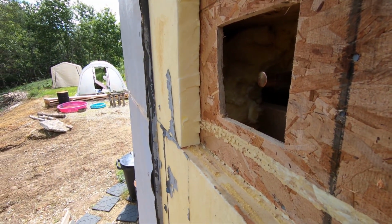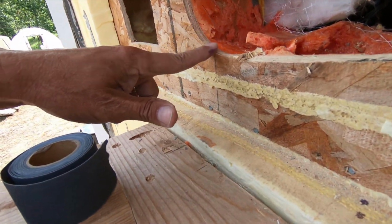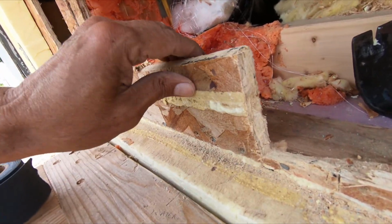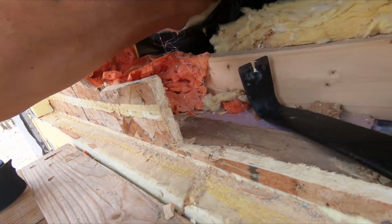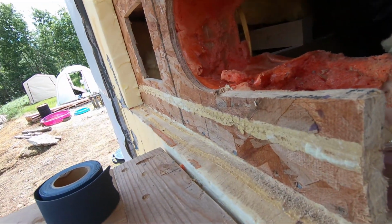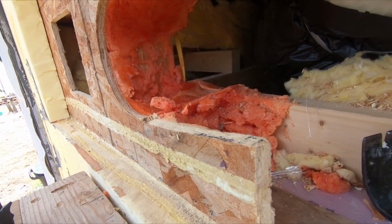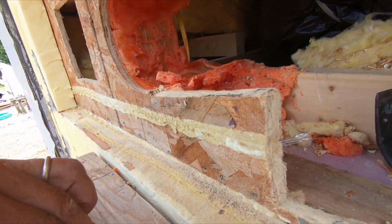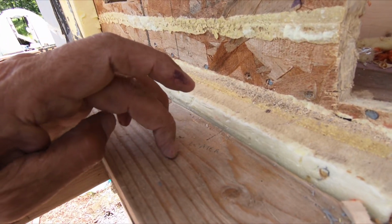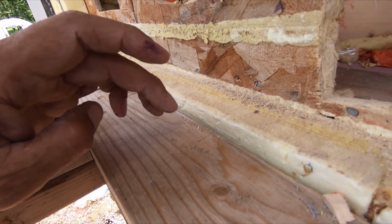Okay, now for the water. First, I got to cut this back. I'm going to cut it back over to here, right to this line. Get rid of some of the foam. And I will pre-assemble everything I can, and then I got to bring it out. I do have to, yeah, I'm wondering,